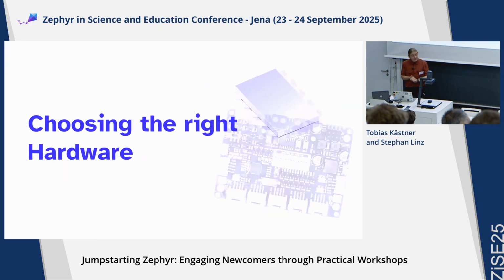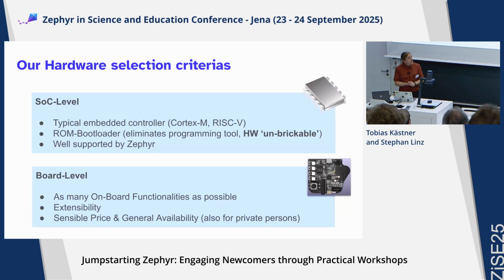So, starting with the hardware. For the hardware, we put forth some selection criteria, and I have roughly split that in two now. First of all, what microcontroller to start with, like what SoC would we expect that SoC to look like, and then what would we expect from the board that we were using in the classes. So for the SoC, for the microcontroller, we wanted to have something which is common, which is very typical in embedded computing today, and that really meant it should be like a Cortex-M or RISC-V controller, because that is just what you see